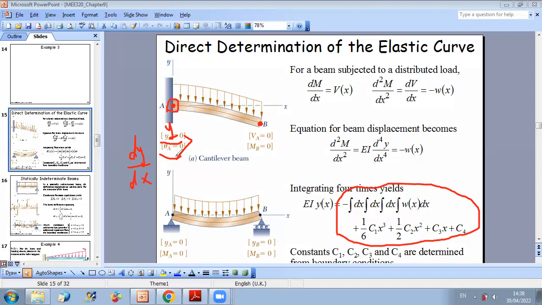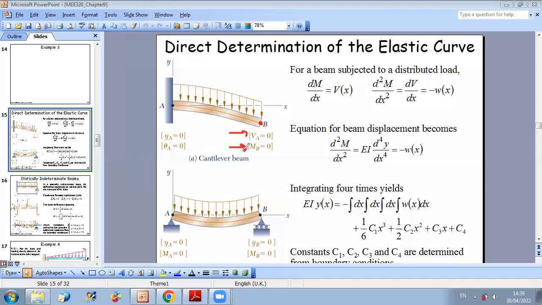But what we have information about is the shear and bending moment at B. Why? Because this is a free end. You know that at a free end, shear is 0 and bending moment is 0. So here you don't have any concentrated force, you don't have any concentrated couple. And the distributed load will not give any value of V and M, because if you do the cut here, you don't have a distance, so there is no V and M. Therefore, whenever you have a free end, this means that at this point you don't have a concentrated force or a concentrated moment, so you can say that at this point you have 0 shear and 0